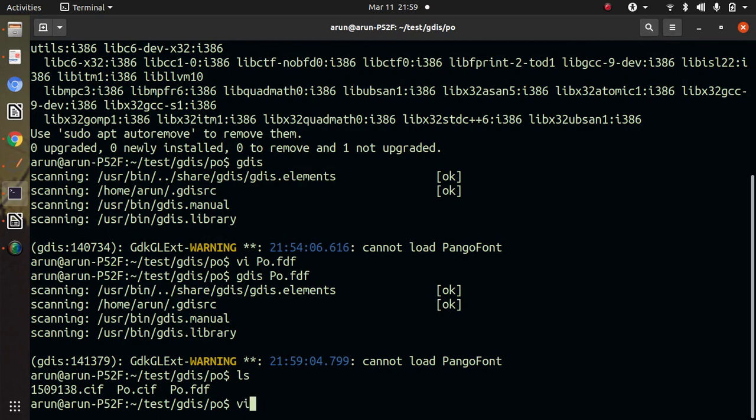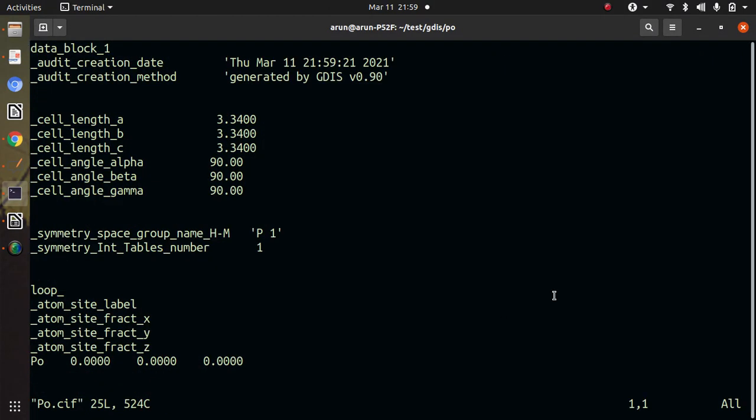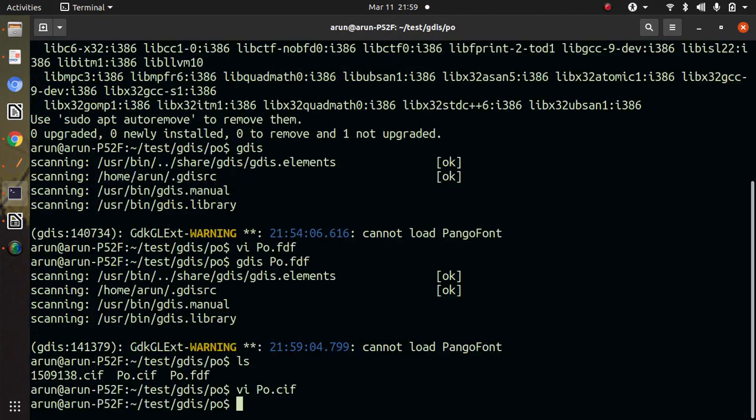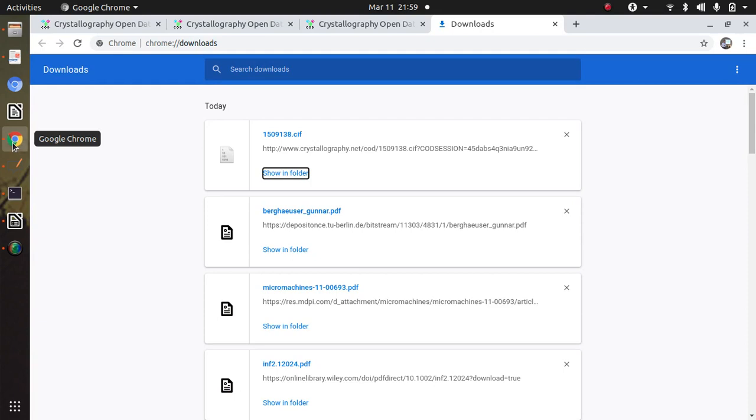Let us have a look at polonium.cif. So this is the CIF file for the polonium atom. Or you can download any CIF file and then convert that CIF file into FDF.